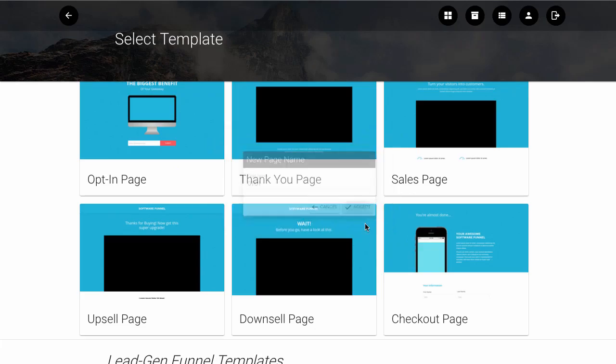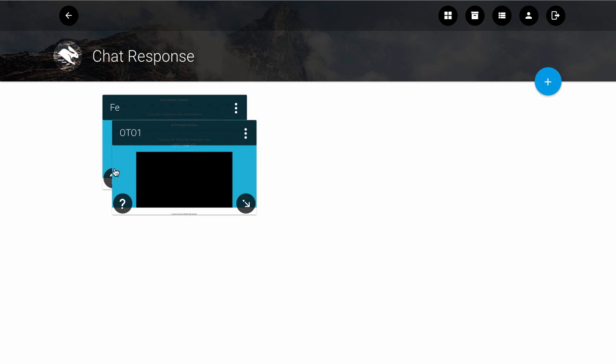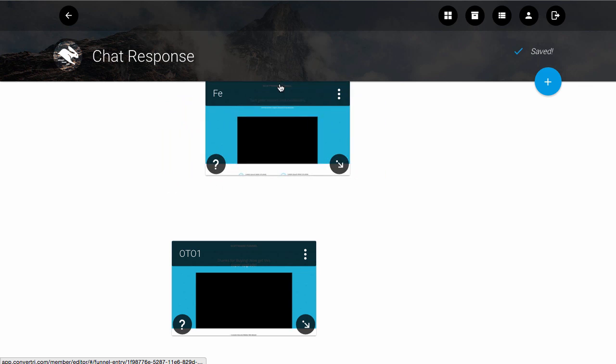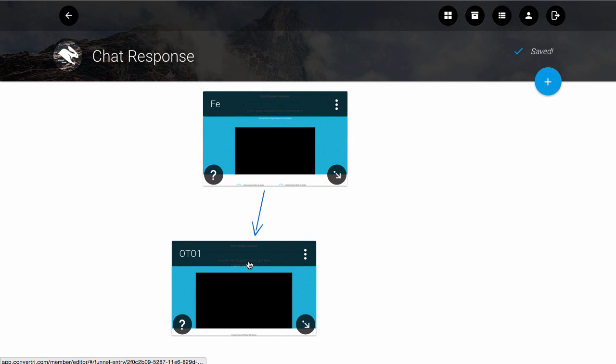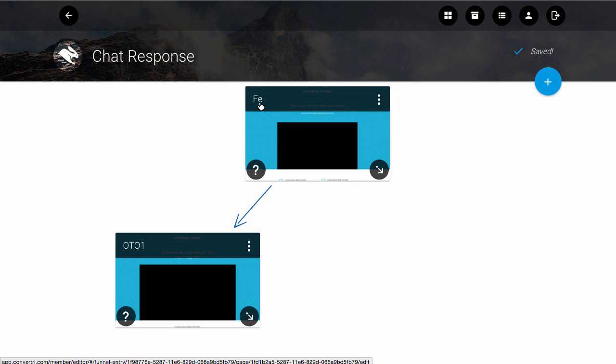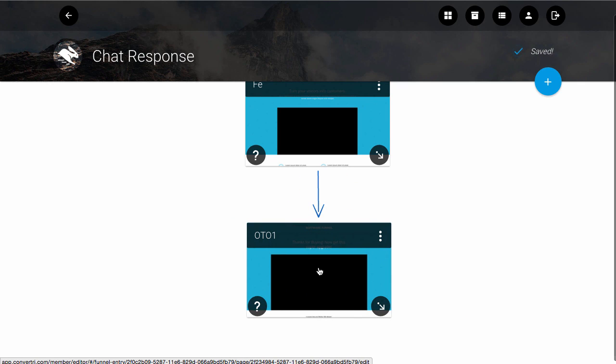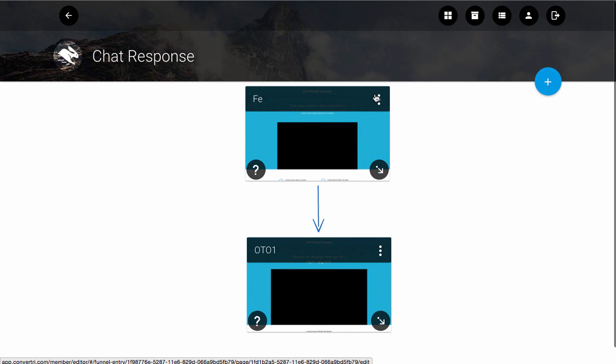So say for example you had a funnel that you wanted to build out. Here's how easy it is to do that. You create your pages, you can drag them around. Then what you can do is you can actually link these up together. See how that's linked? That means that basically once someone purchases through this front end, they're going to go to this OTO1. And you can create a number of these. You can create and build it down, OTO4, OTO5 if you really wanted to. I wouldn't recommend doing that, but you're able to build out your entire funnel with this,